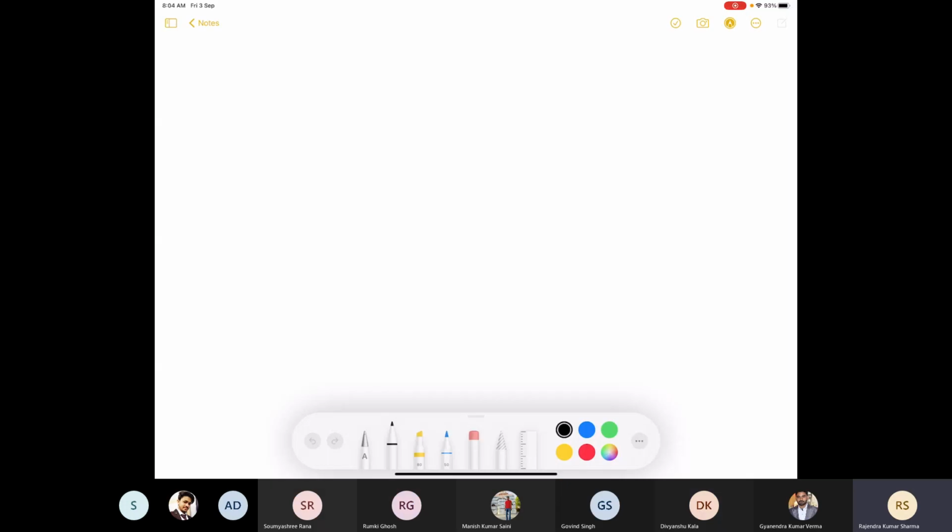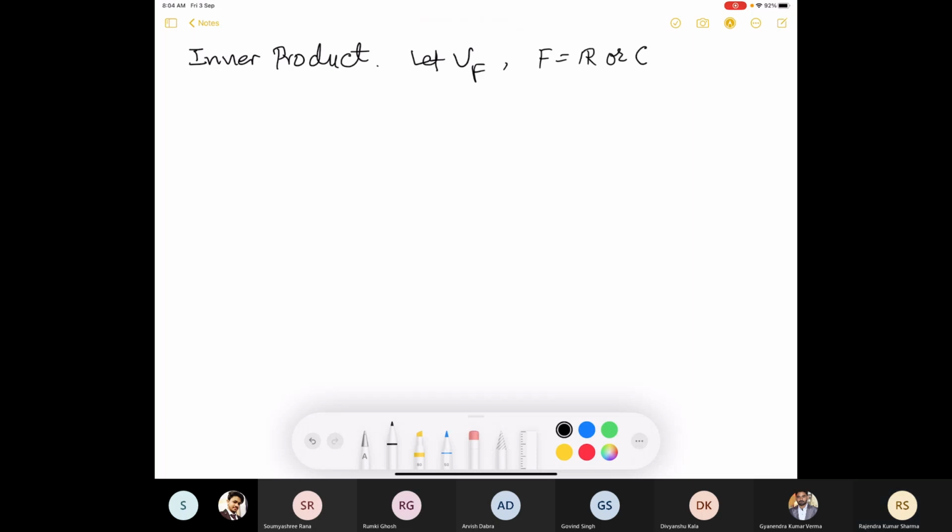We defined a product. So let us take this. This was what we have been doing in our inner product. Let V over F be a vector space where F is R or C, and we defined a mapping here